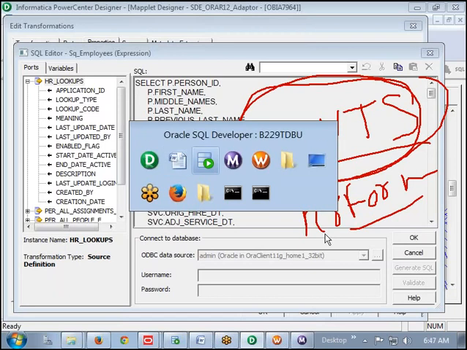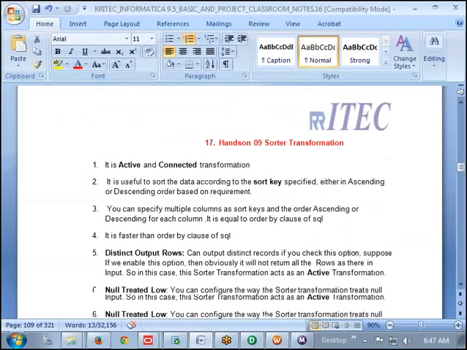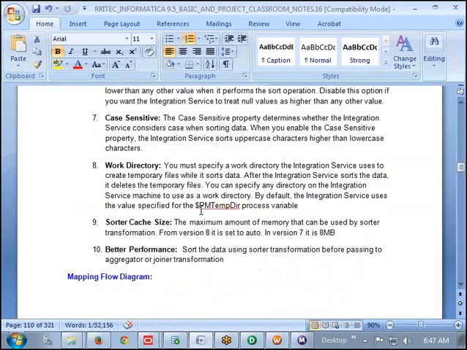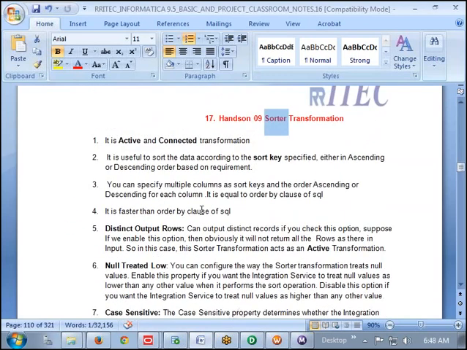Okay. Now with this we completed rank and dense rank. Next is what? Sorter transformation. Very good. Let us see how the sorter transformation is going to work. Sorter is very simple. Any questions you want to ask first on rank and dense rank? Folks, online folks. Krishna, Mohit, Pankaj, Santosh, Vashu. Everyone is good? Okay, that's fine.